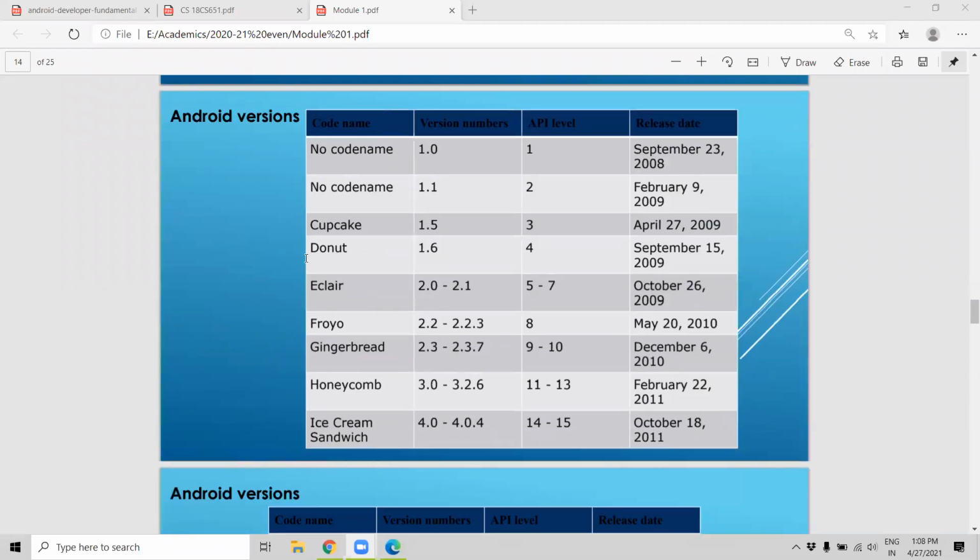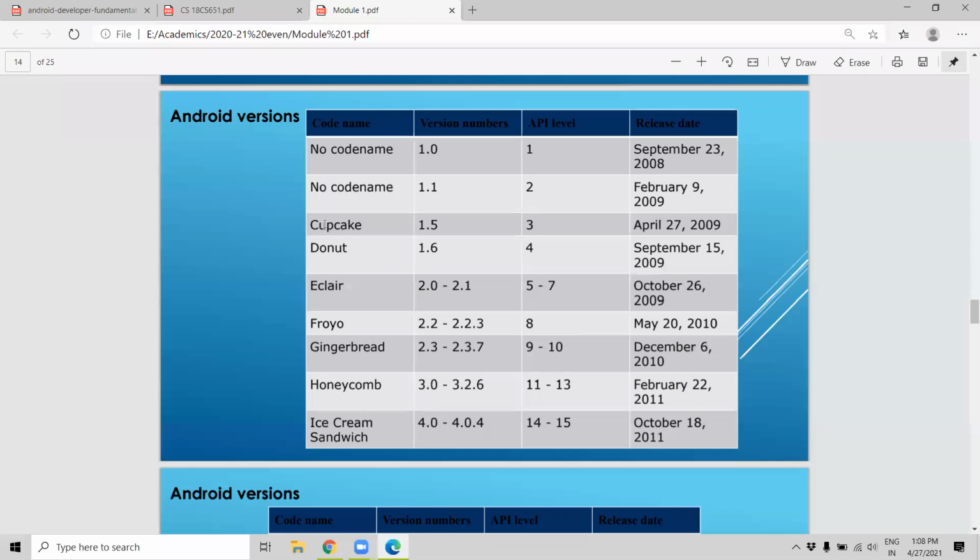See the Android versions. These are the Android versions. They released the first version in 2008. They did not keep any name for the first two versions.